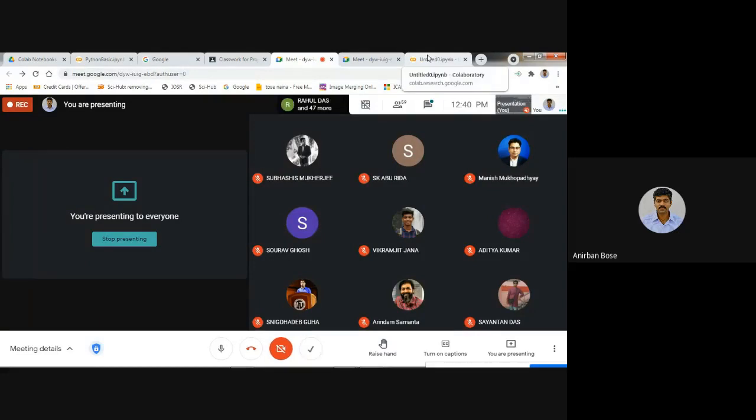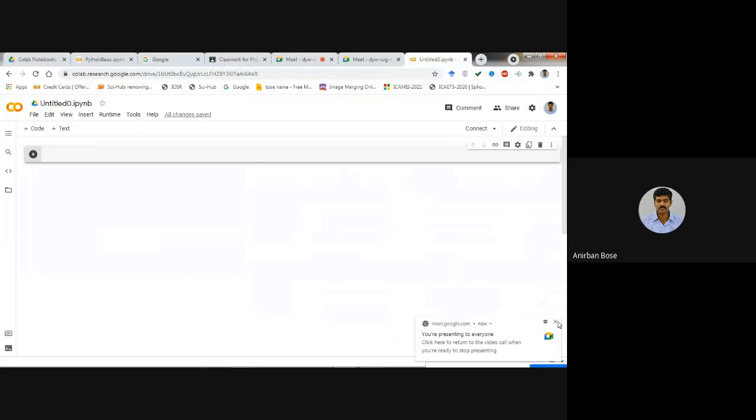So now this particular interface is exactly similar to the Jupyter Notebook in Anaconda Navigator that you have seen. Basically, this is the Jupyter Notebook in the Google Cloud. You need not install anything on your local machine.